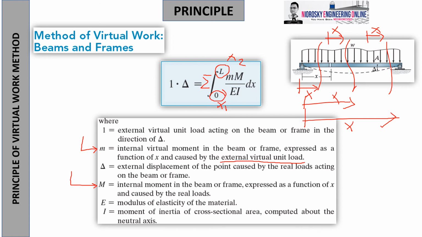Kailangan yung pag-solve ng big M at saka small m is iisa lang yung kanilang limits or coordinates. Otherwise, you cannot combine them if you are setting different x distance from the computation of small m and then different set distance for big M. So, they won't comply. And delta as is, ano, deformation, ganun din po, delta x and delta y. So, pagka delta y ang hinahanap, then apply 1 unit load for y. And pag horizontal, then apply 1 unit load as a value to the x